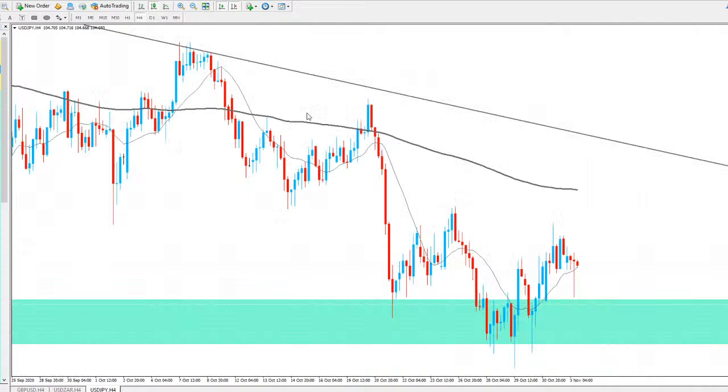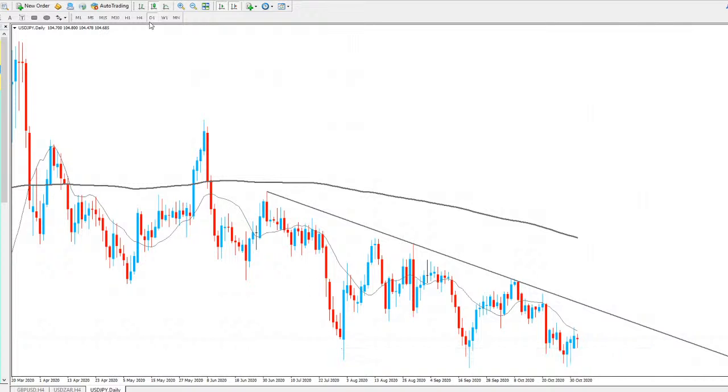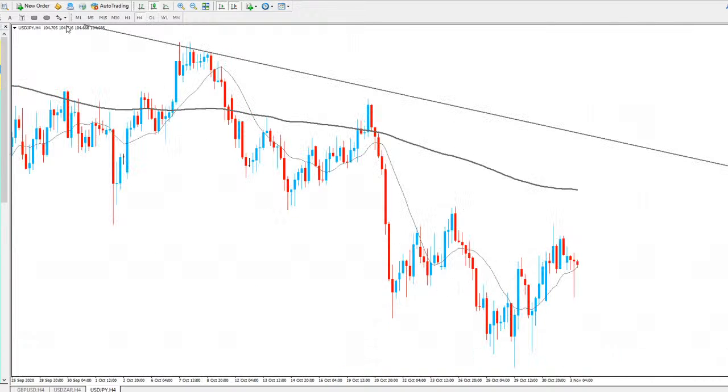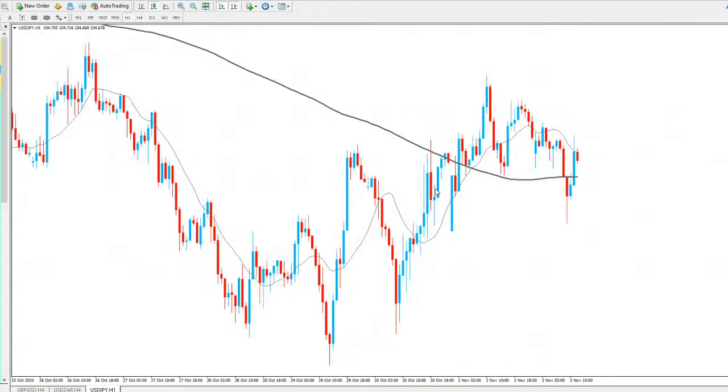4H, you can see we already had a little bit of a move to the upside from the support, but you can see we have been struggling to make that way. So it is a sign that we're running out of steam to the upside, and could be seeing price turn over again. Hourly, again, hourly is not really the clearest chart. If I connect the trend line here, you can see we do have a bit of a trend line in the market.